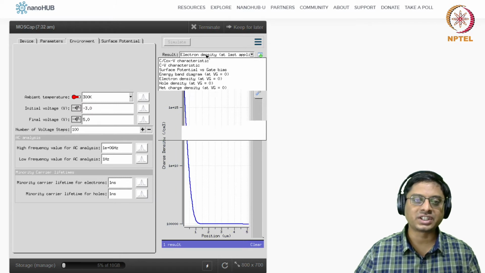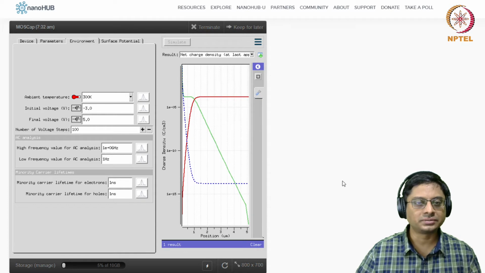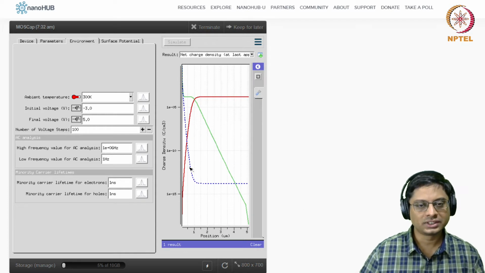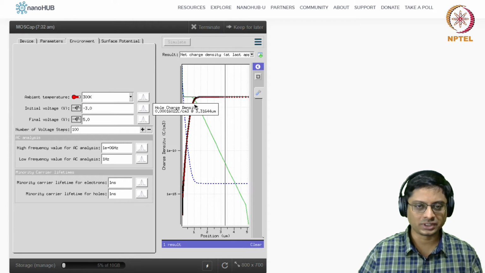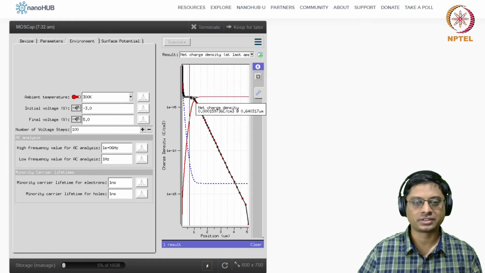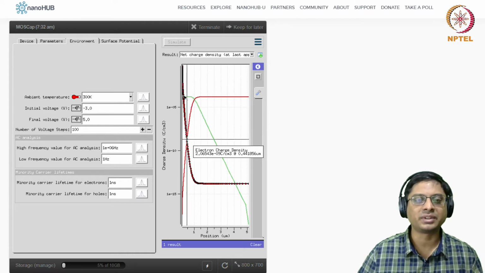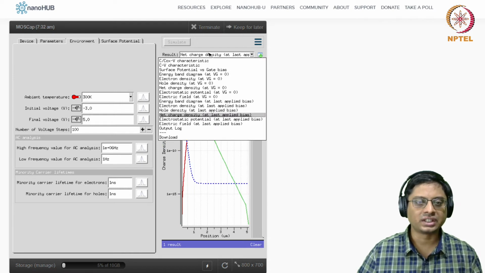And if you look at the net charge density, you'll see that this is the hole density part, which is what you would expect, holes are depleted. And this is the electron density part, okay? And this is a space charge, the net charge, right? This is removed and electrons have come in, so the net charge total is this. So there's a huge accumulation here of electrons at the interface, okay?